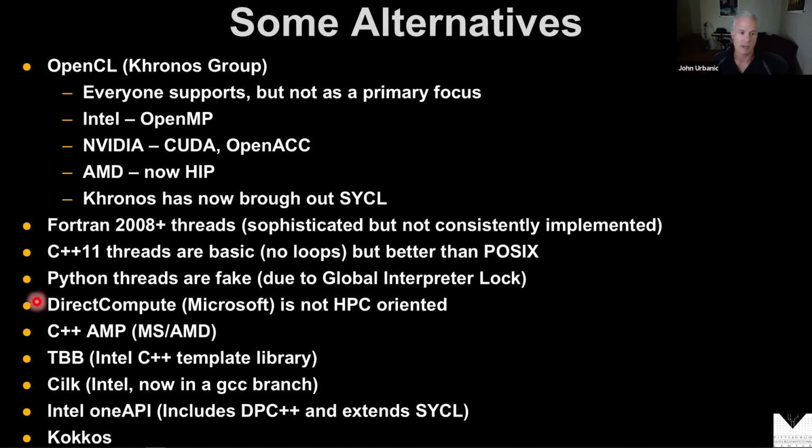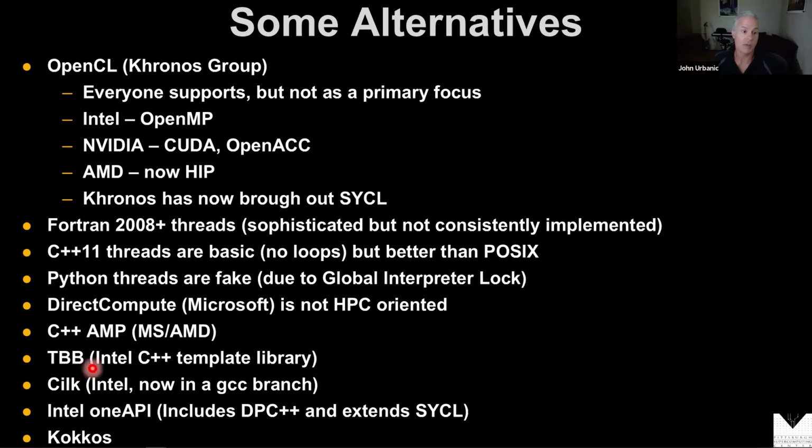Microsoft always has some threaded library that they propose that you use, but it's not HPC oriented at all. So for science purposes, it's really not interesting. Although maybe if you're a video game programmer or something, the API might be useful to you since it's coming along for the ride. In C++, there are a number of very C++ oriented approaches. There's AMP for Microsoft, Threaded Building Blocks, and Cilk. So Intel comes out with something constantly. Like I said, Intel has had Threaded Building Blocks for a while.